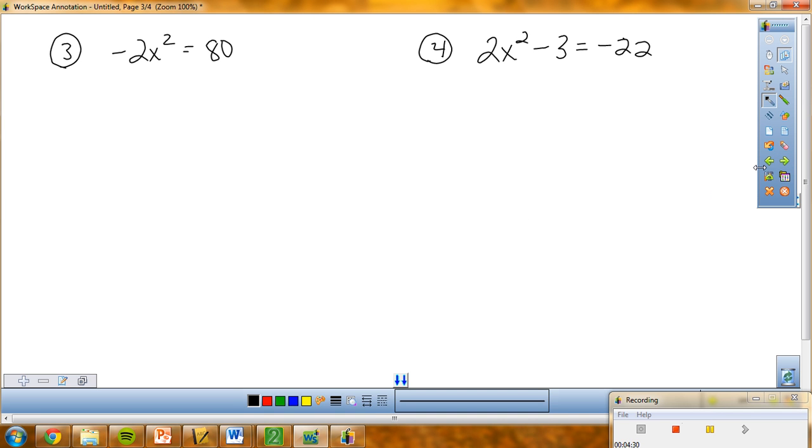Looking at 2 more examples, again I want to isolate my variable. So I get rid of this negative 2 by dividing by negative 2 and dividing by negative 2. I have an x squared, and 80 divided by negative 2 is negative 40. If I take the square root and the square root, I now have a square root of a negative number. So if they want me to use only real numbers, this doesn't have a solution because this will give me